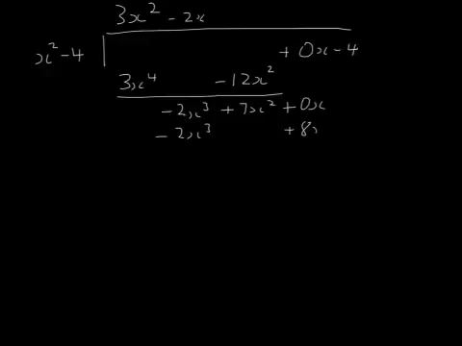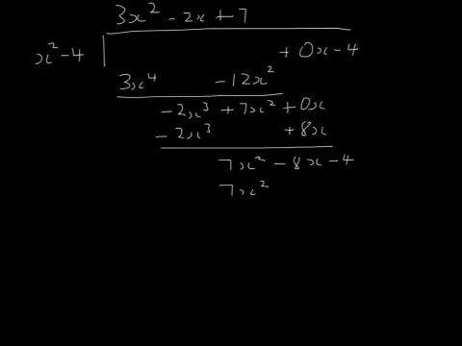Let's line it up there. Do a takeaway. 7x squared minus 8x, and then bring down the minus 4. Finally, x squared into 7x squared is 7. So it's 7x squared, and it's going to be minus 28. The last takeaway, we've got minus 8x, minus 4, take away minus 28, that's minus 4 plus 28, so that's